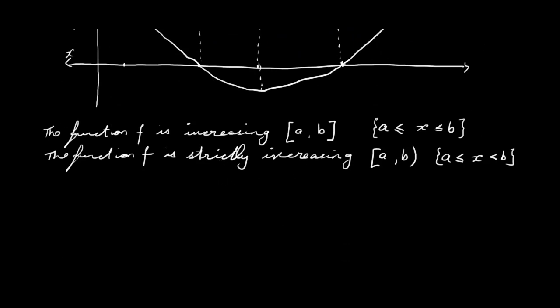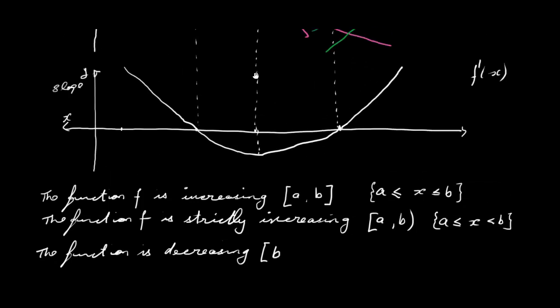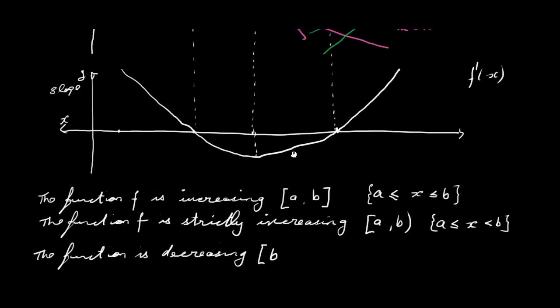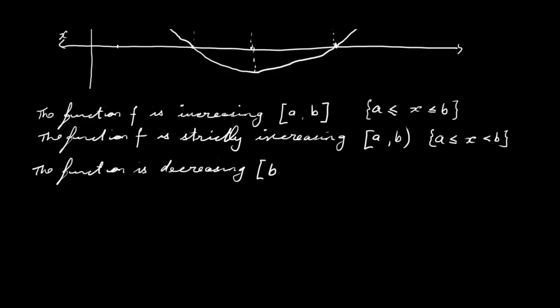So we can go on then just to say the function is decreasing between B and, what did I call this up here? We have, it's decreasing from B down to D. B down to D. So you would include the B, you would include the D,